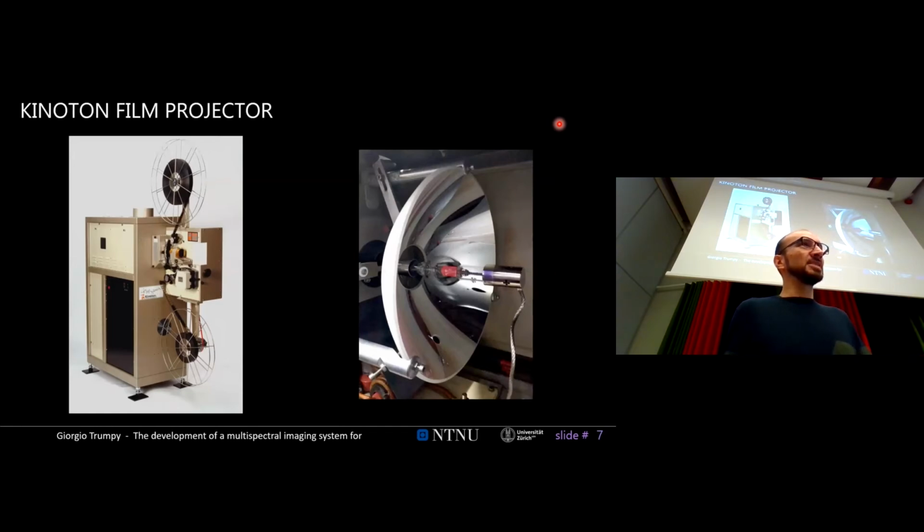To do this, it's very important to analyze what happens to the film when it is projected on the big screen. For example, we have here this